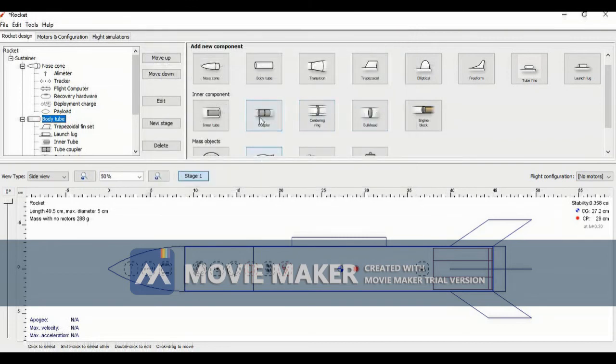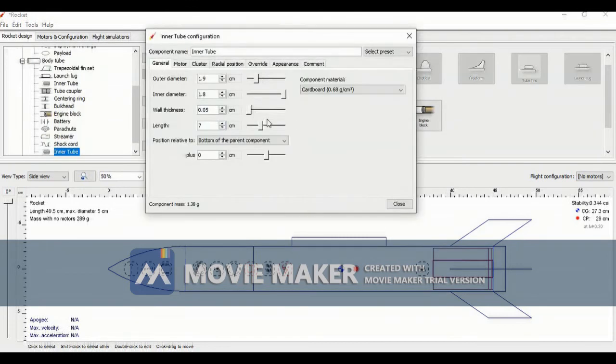So now let's take the inner tube only. I am taking it because I will make its position like in the minus. Let's take it here. Now let's decrease its length. Now here, let's increase its length a little bit, and here, here, here. So here will be it. Now let's increase its inner diameter. Does anything happen? Outer diameter.